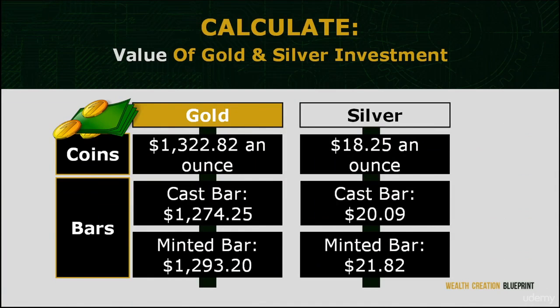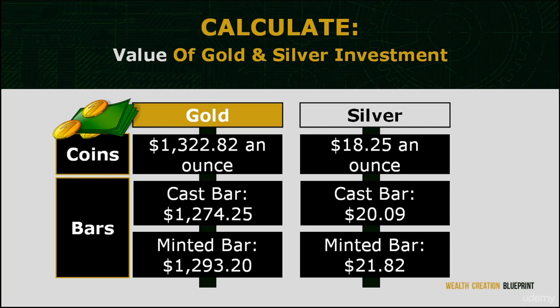It's time to calculate. For physical gold, there are gold coins and bars. The market price for gold coin is $1,322.82 per ounce. For gold bar, the cast bar and minted bar cost around $1,274.25 and $1,293.20 per ounce respectively. The market price for silver coin is